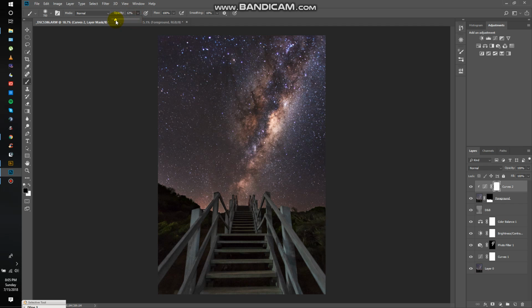I'll drag my opacity down on a brush to about 10, and I'm going to remove some of that effect just to soften that edge between the sky and the foreground, so it doesn't look quite as harsh. Right. And that, I think is